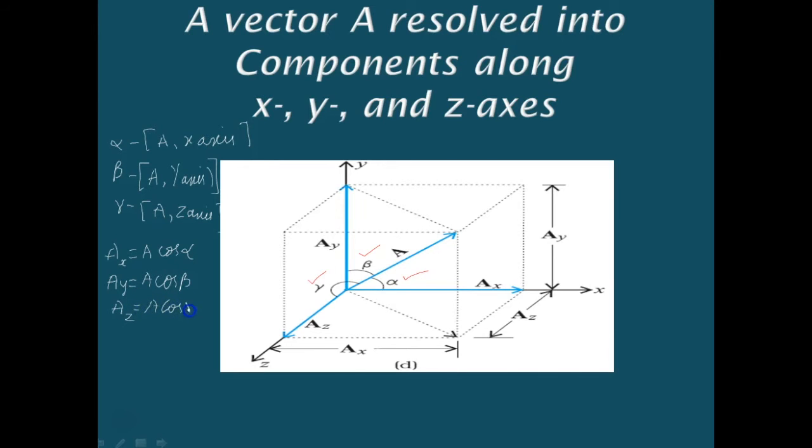So using simple trigonometry, we can write the component Ax as A cos alpha, the component Ay as A cos beta, and the component Az as A cos gamma, isn't it? Yes. Then we can get the magnitude of A by considering the equation